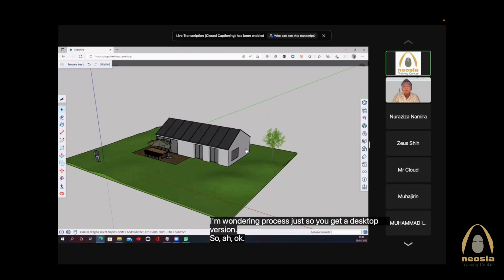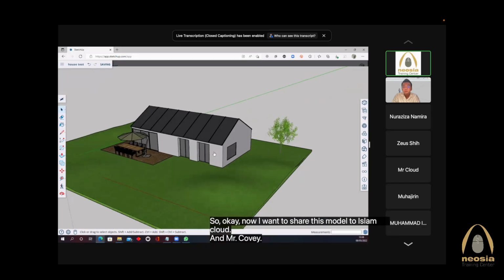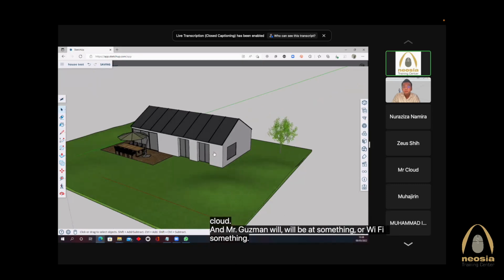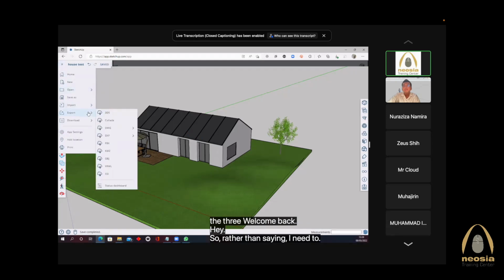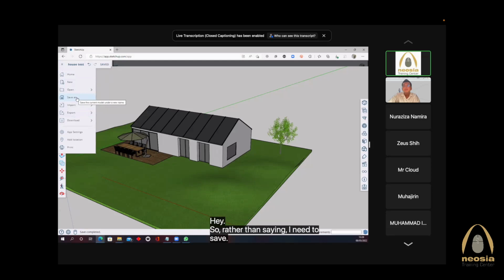So okay, now I want to share this model to Mr. Cloud, and Mr. Cloud will maybe add something or revise something on this model. To do that, I want to save this model into the collaboration platform. The collaboration platform in Trimble is called Trimble Connect. So rather than saving, I need to save as,